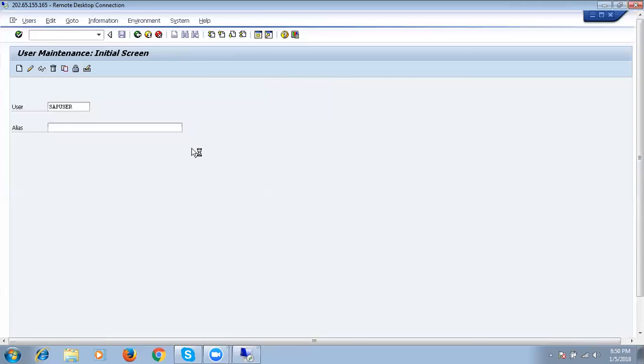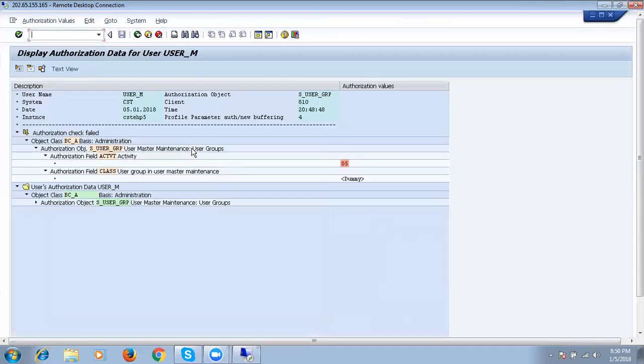The server is very slow. See, it displays only one value, the last failed authorization check, 05.